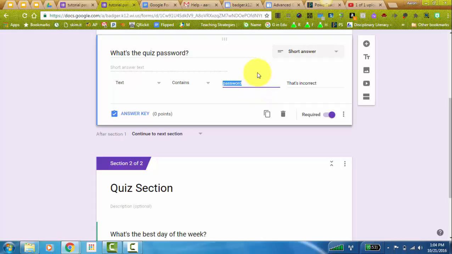So that's how you can set password protection onto a Google quiz. Hope that